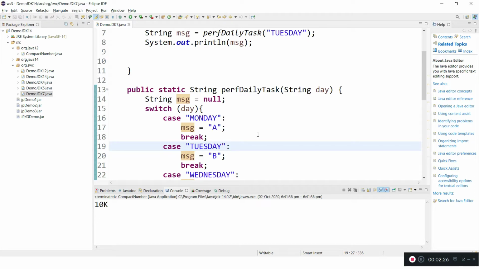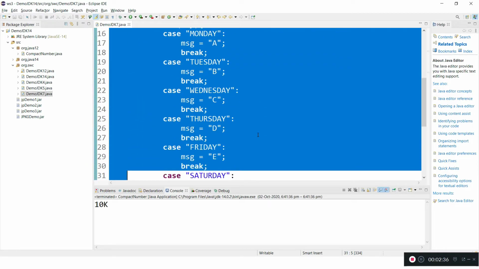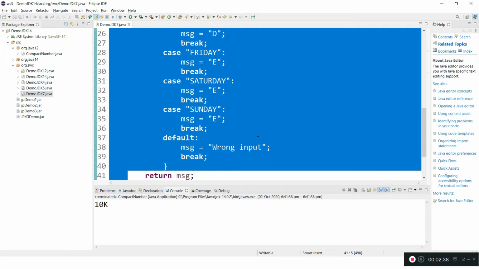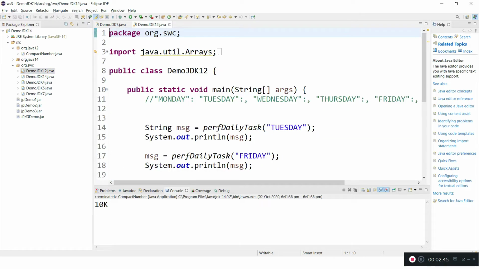I cannot keep multiple labels comma separated. That is one limitation. These limitations have been resolved in the JDK 12 switch expression. Let's quickly transform this switch statement into a switch expression, and we'll see how it works.